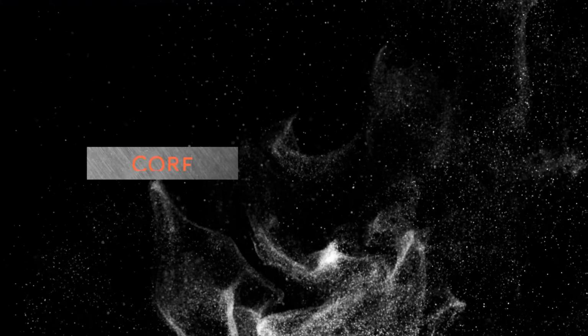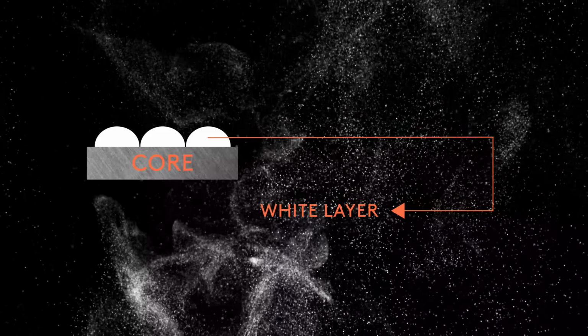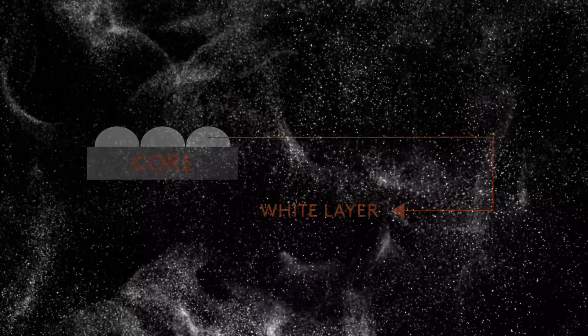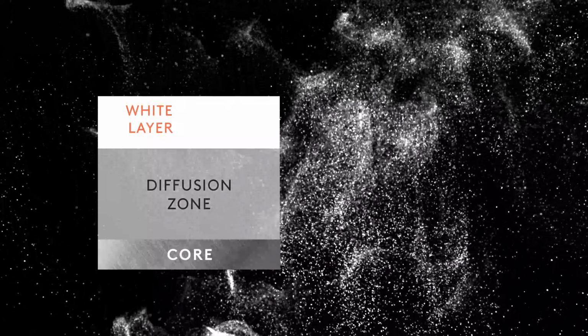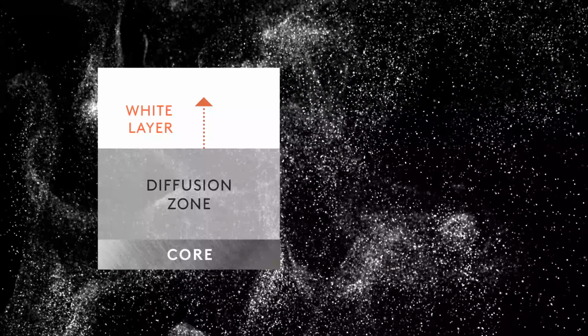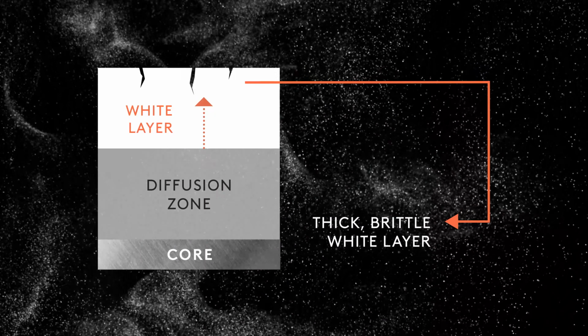Until the introduction of the two-stage flow process, nitriding was done using fixed flows. At the start of the process, the flow of ammonia provides a source of nitrogen necessary to create a compound layer or white layer. However, if one continues the process for too long to obtain a deeper case or a thicker diffusion layer, this flow becomes excessive. Nitrogen starts piling up on the surface, creating a thick, brittle white layer without mechanical properties. It has to be removed or ground away.